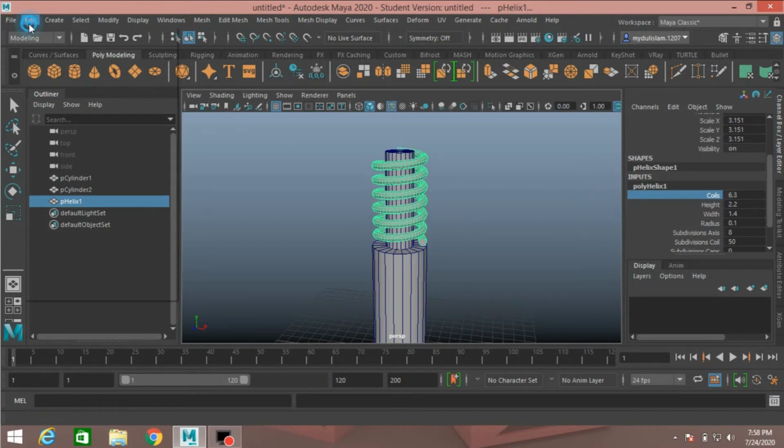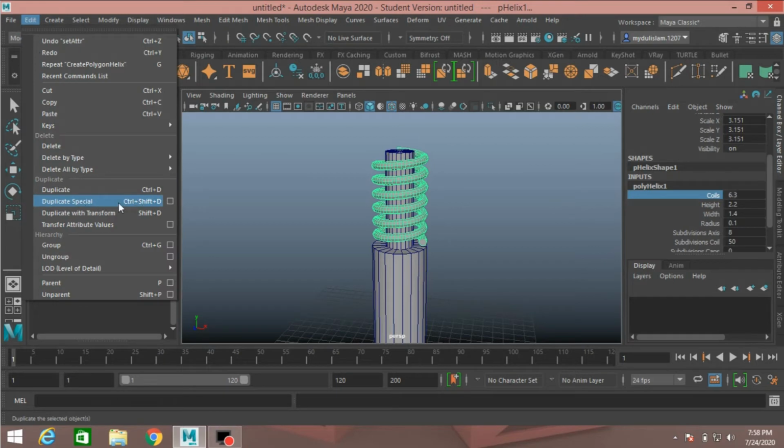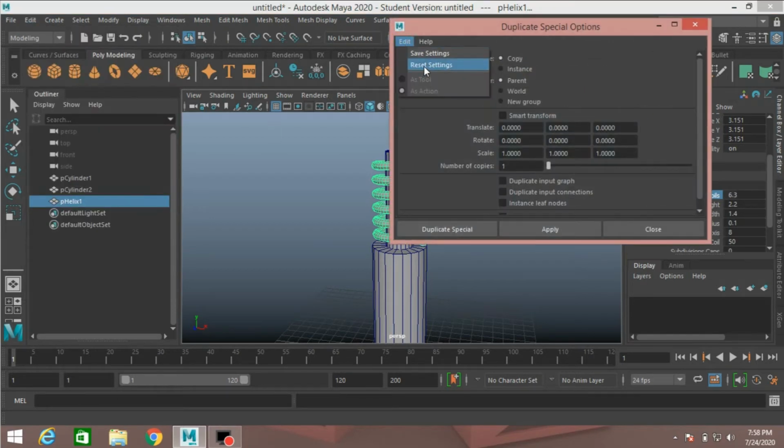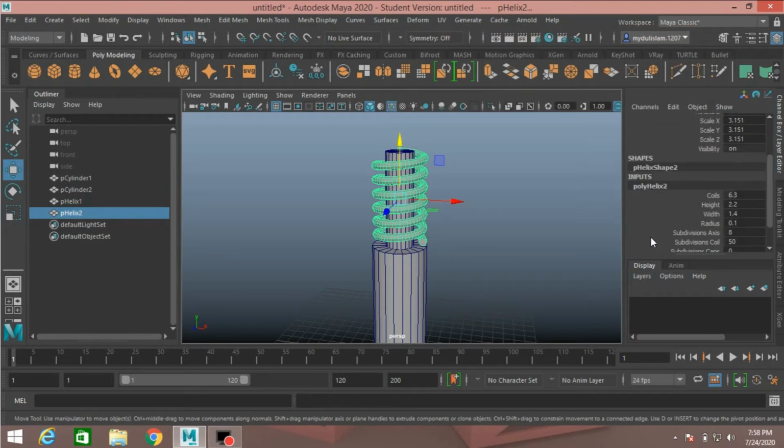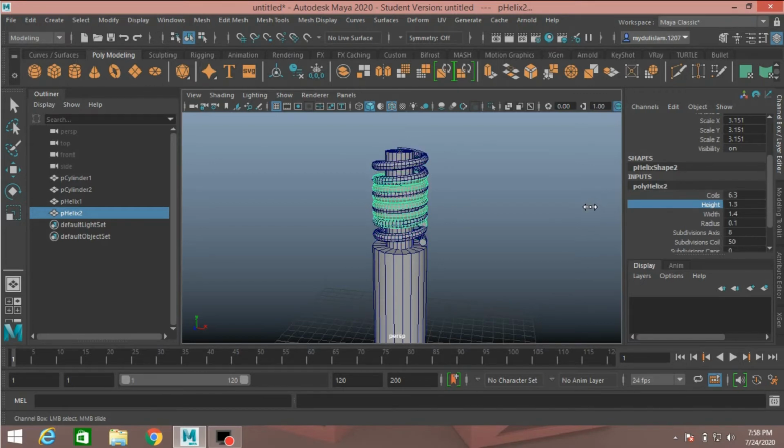Now go to edit, duplicate special, open option box, edit, reset the setting, click duplicate input graph, click duplicate special, open the polyhelix attribute on channel box, decrease the height just like this and make it just like this. Now move it down.